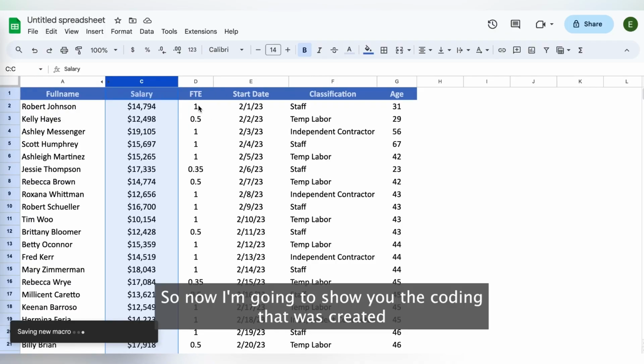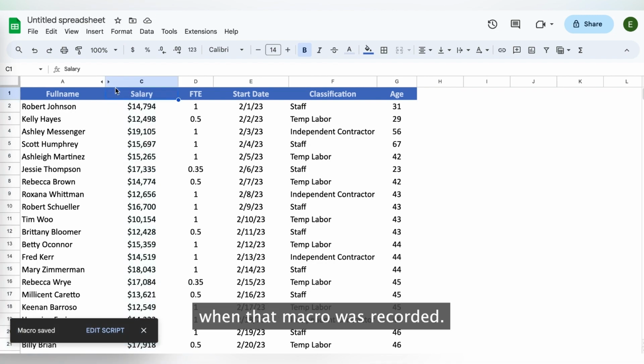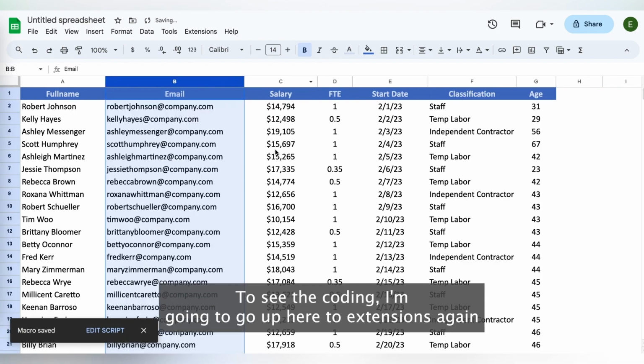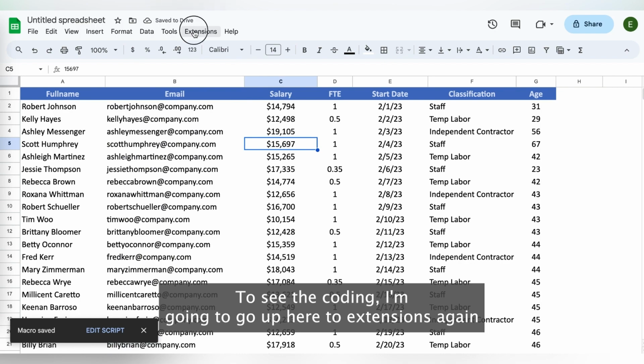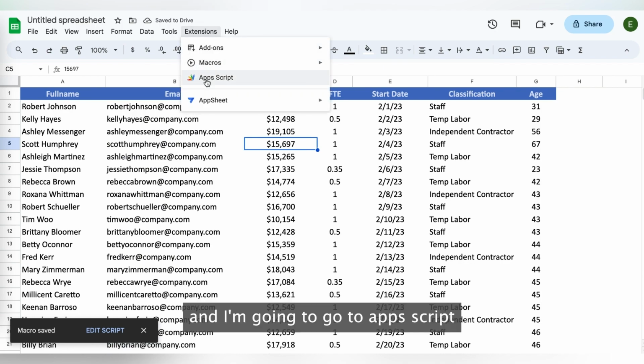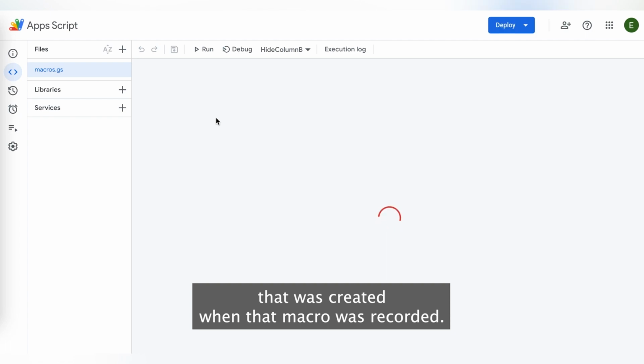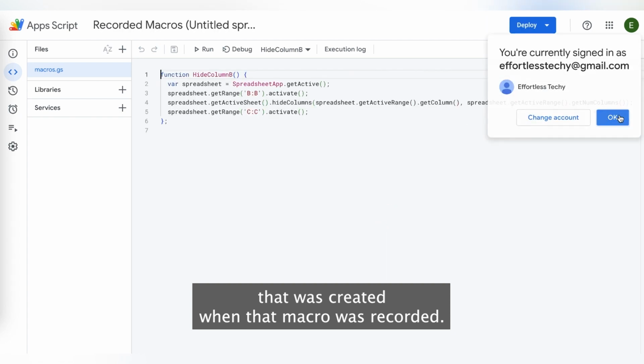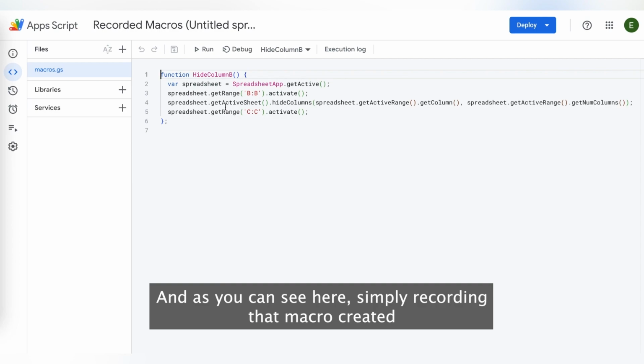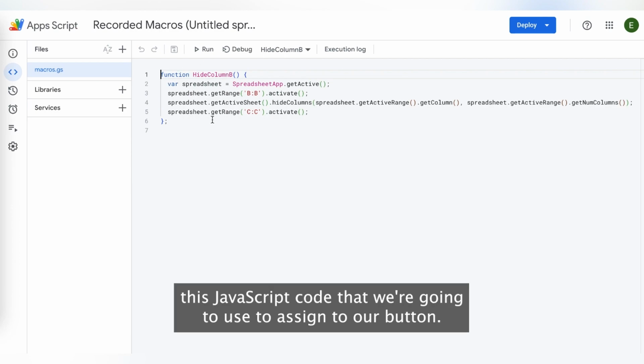So now I'm going to show you the coding that was created when that macro was recorded. To see the coding, I'm going to go up here to extensions again, and I'm going to go to apps script, and we're going to take a look at the coding that was created when that macro was recorded. And as you can see here, simply recording that macro created this JavaScript code that we're going to use to